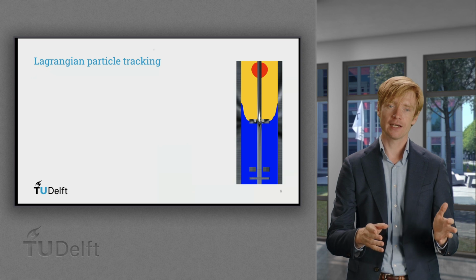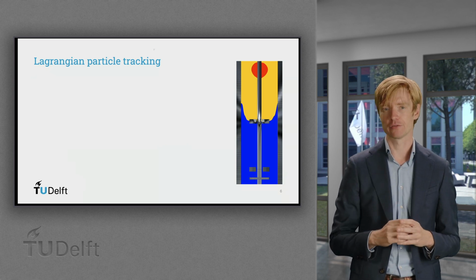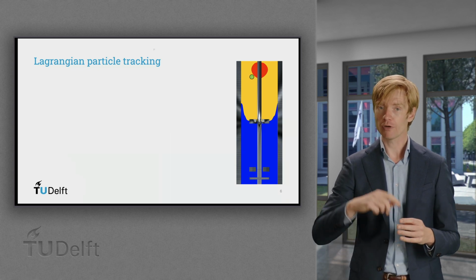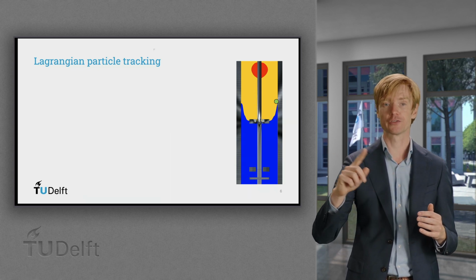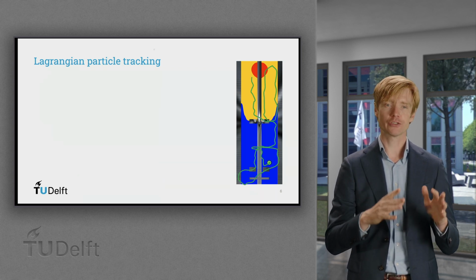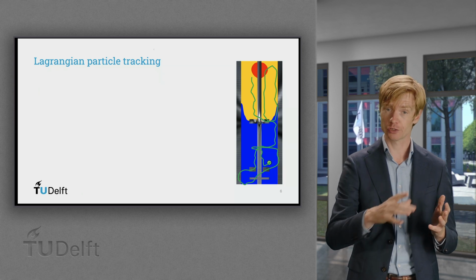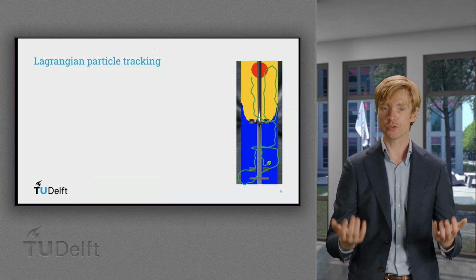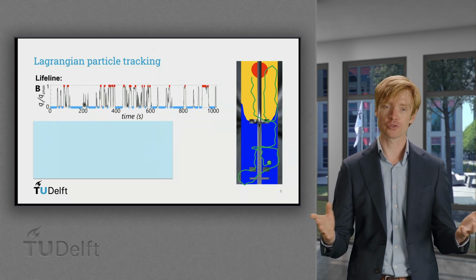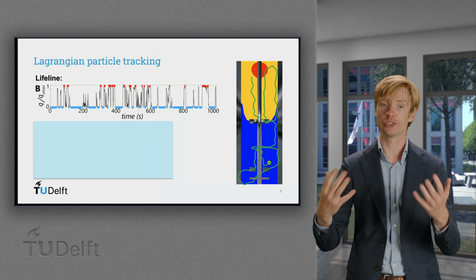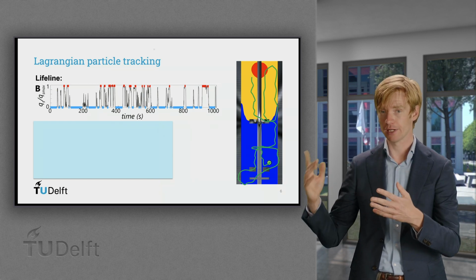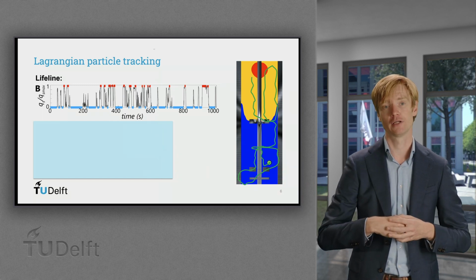So what we can do instead is take the cellular perspective, using a technique called Lagrangian particle tracking. By following the particles representing cells in the bioreactor in this simulated flow field, we can register what substrate concentration cells experience over time. We call this the lifelines. Such a lifeline provides information on how long cells reside in a certain reactor region. Here, the exposure to excess and to starvation is highlighted in red and blue respectively.